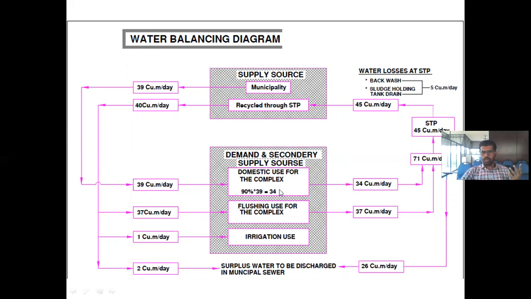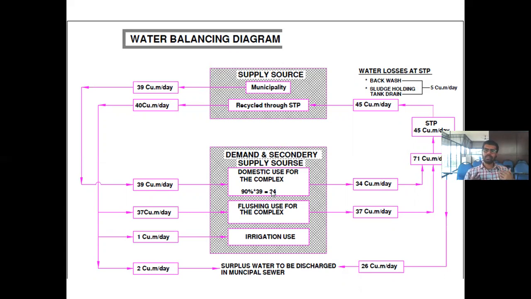So all these things we have to decide. In the initial class itself, we have tried to design, or we have found out the overhead tank capacity. We have found the underground tank capacity. Correct. Okay. And all those things we have already found out. So this is called the water balancing diagram, so that according to our demand, we can supply from the